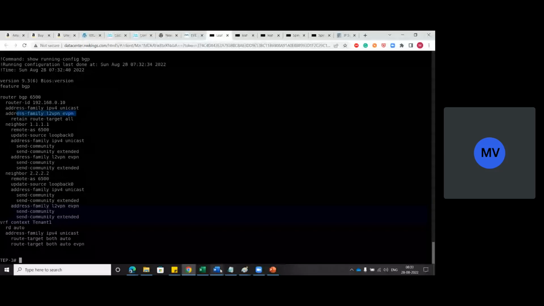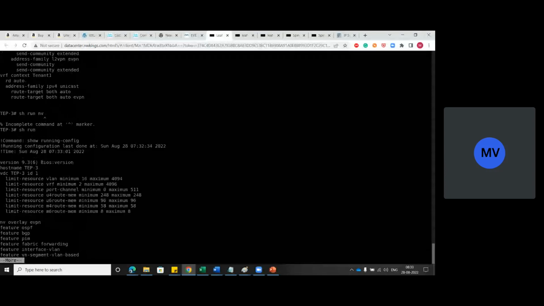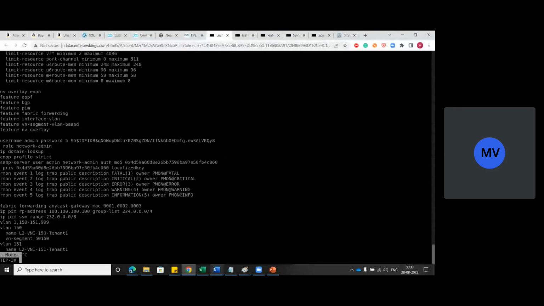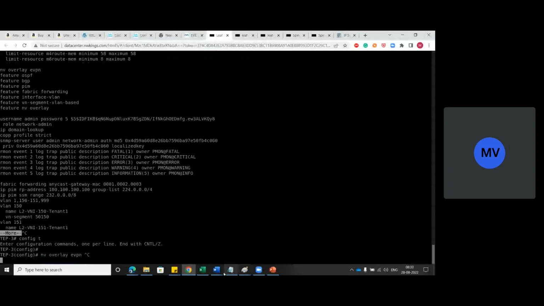If I say what feature we have to enable, so show run NV, to make sure that you enable this feature. NV overlay EVPN. This is the feature which you have to enable across all leaf and spine switches. Okay, in order to make that control